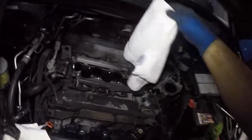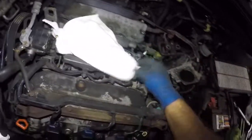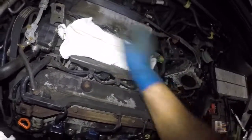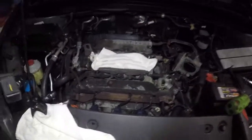Anyways, take your rag. First thing first, you want to cover up this, okay? You don't want nothing going in here. You don't want nothing falling in here. Very important. Okay, if you got better rag than me, got 2 rags, put them on because you don't want nothing in there. You don't want that trouble. Been there, done that. Anyways,